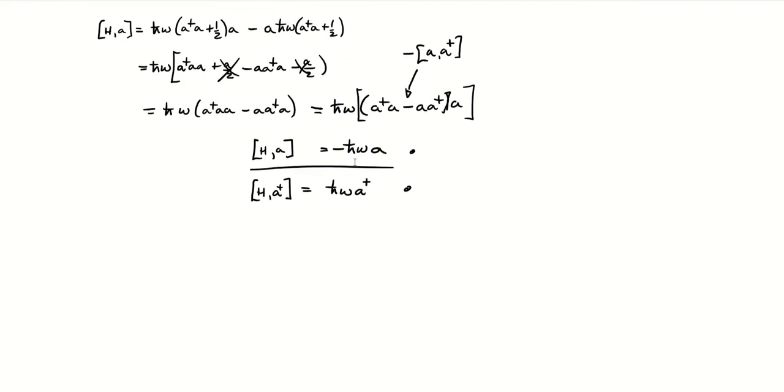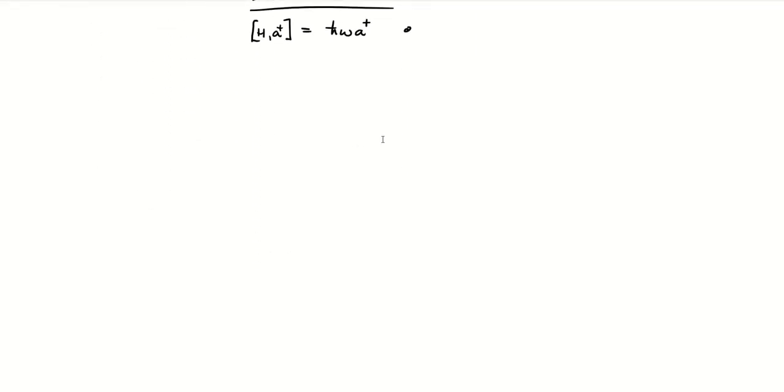How do we do that? Well, let's just organize ourselves here, right? We have so far what are our commutation relations? We have the fact that the commutator of H with the lowering operator is equal to negative h bar omega a. We have the Hamiltonian with our raising operator is equal to h bar omega times our raising operator, and we had that the commutation relation between our two raising and lowering operators was equal to 1, right?